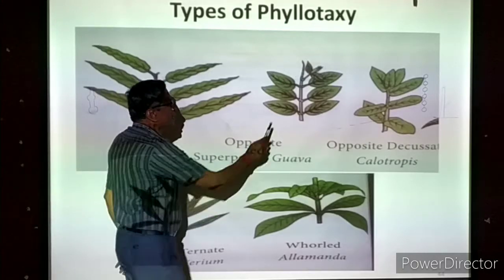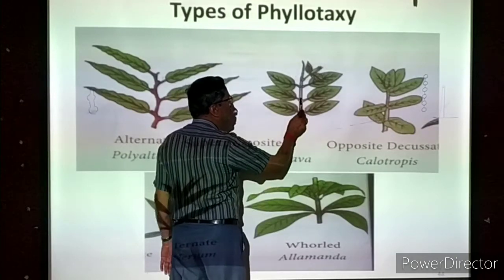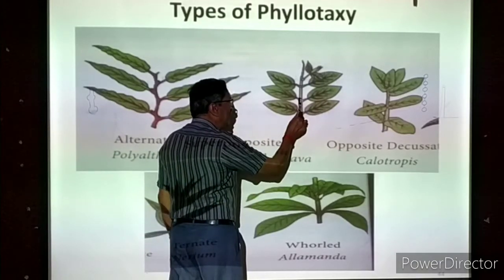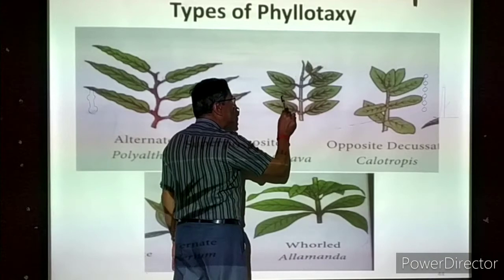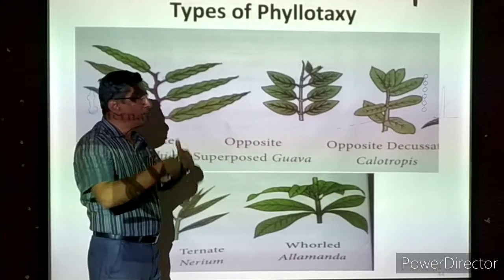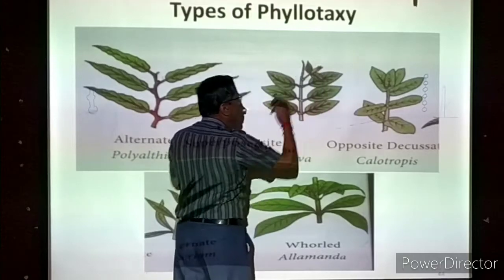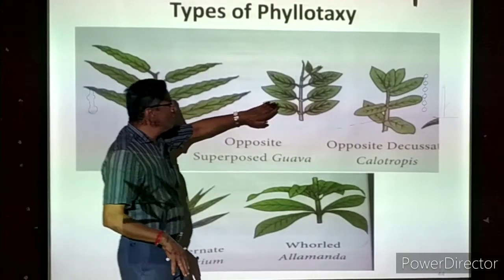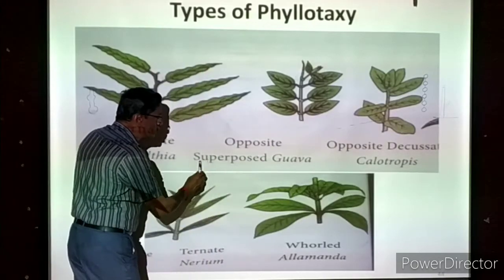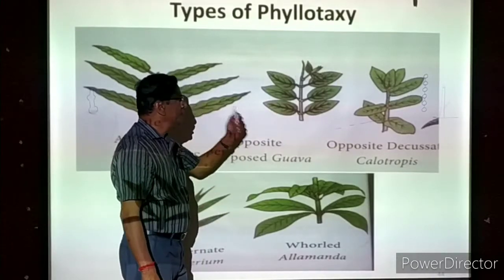What is the meaning of superposed? Now you are taking this main stem. A number of nodes are there, one above the other. Now each node is bearing two leaves. The two leaves are arranged here. Even in the next node, the two leaves are present in the same position. Above these two, the next two will be there. They will not be facing any other direction. The next node, if you take, again a pair of leaves are above that, the second pair, like that, keep on that. So what will happen? All the paired leaves are arranged one above the other. That is called superposed. Superposed means kept one above the other. That is actually opposite superposed phyllotaxy.